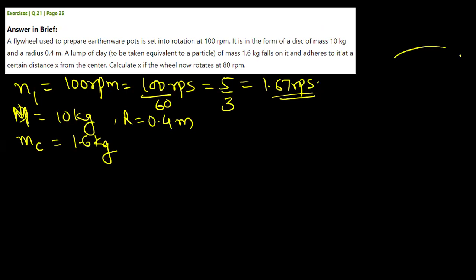सपोज अगर ये एक फ्लाईव्हील है, ये इसका एक्सिस है, ठीक है। यहाँ पे कहीं पे तो सपोज क्ले गिरता है जिसका मास वगैरह सब दिया हुआ है। इसका डिस्टेंस सेंटर से x है। ये x का वैल्यू ही हमें पता करना है। सपोज अगर ये क्ले है तो मैं क्ले के अराउंड भी एक एक्सिस ले लेता हूँ।